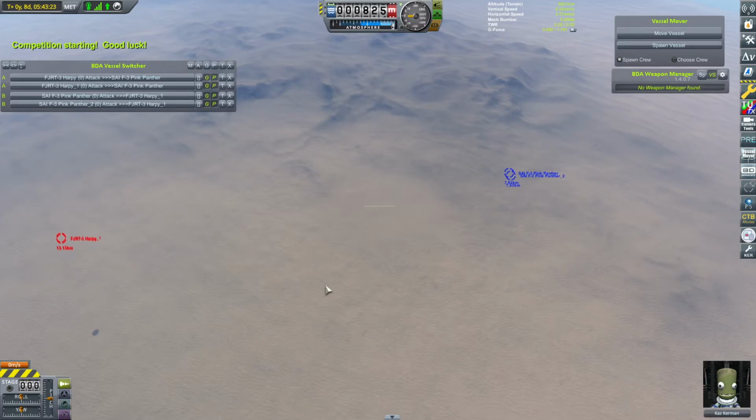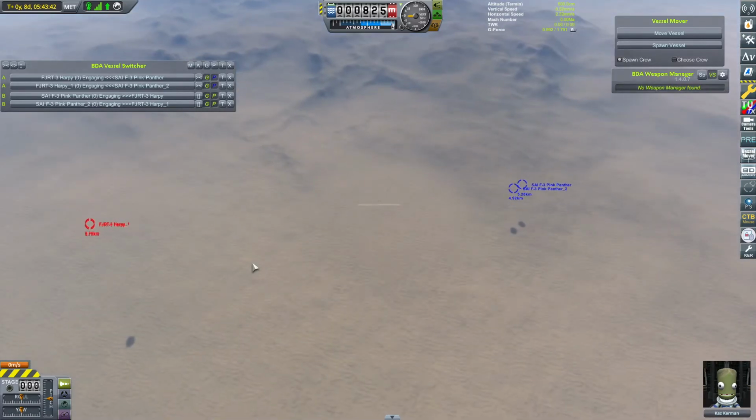Pink Panther's meandering along, having fun. Not really given much of a care in the world. And the Harpies are now closing in. Interestingly enough, they haven't fired missiles yet, which leads me to believe they're actually reasonably stealthy designs. You wouldn't be able to tell just by looking at them, though. The Harpies didn't seem like they'd be that stealthy. Either way, they're closing quite significantly now. Within about 15 kilometers, and we have...